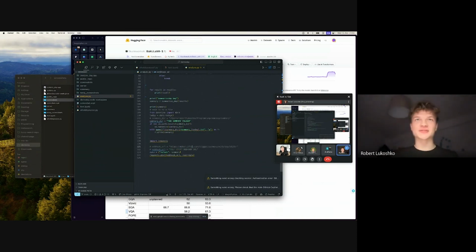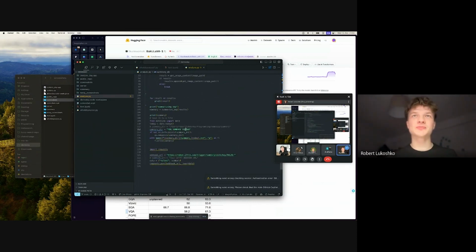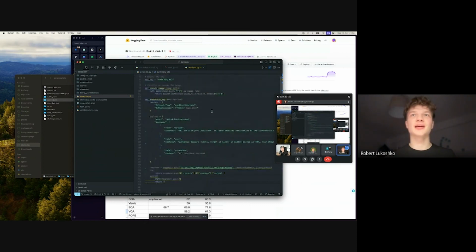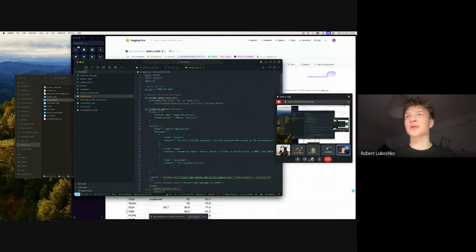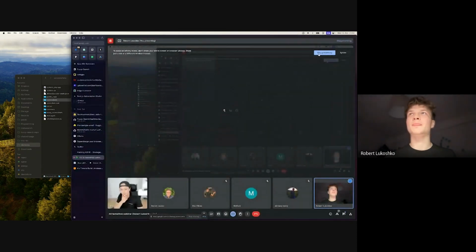Okay, let me just change the webhooks to my local folders. I made it for the open source stuff. And yeah, okay, I'm going to turn off my screen for a little while to set up the API key. Give me a sec. I just need to set up my...